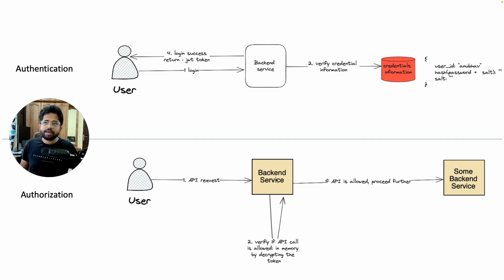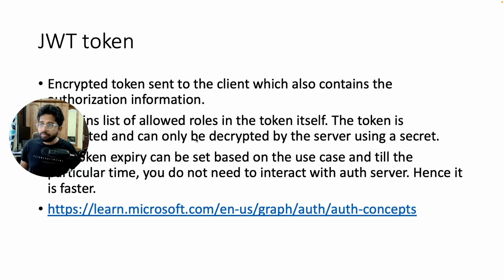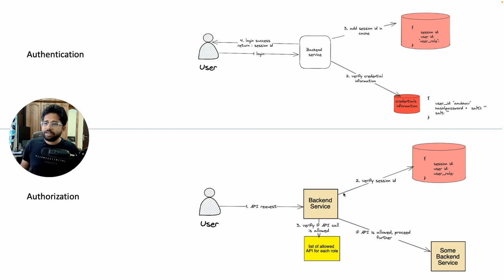and the backend service does not have to make a call to the centralized authentication mechanism for each API, right? So instead of making the call to the authentication system for each API, which you were doing earlier in the previous approach, where for each API you are making the call to the centralized system, it will just slow down everything, because it can even bring that down. What you are doing now is that you are making the call once in an hour.